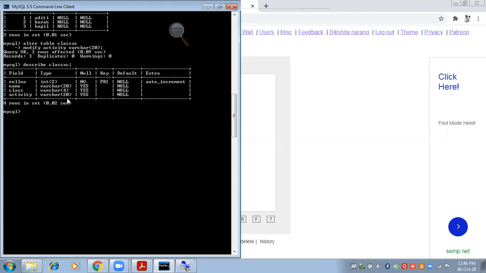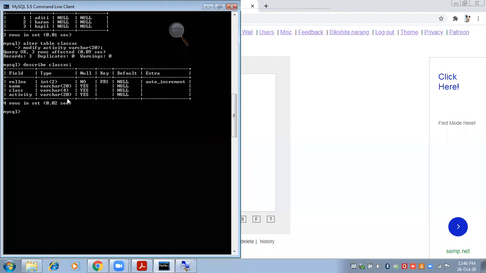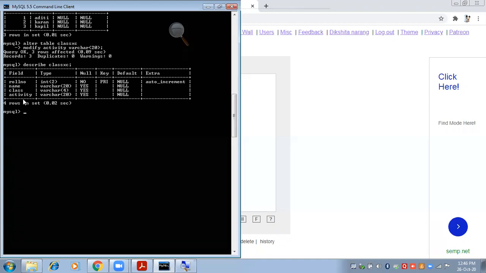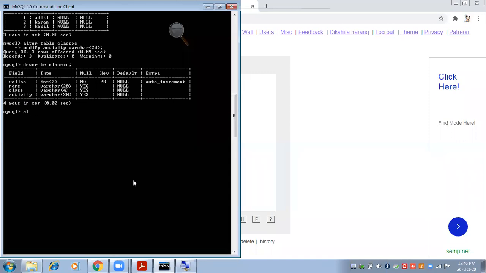Now the last command is the drop command, using which you can delete a column which is already there in the table. So I wanted to delete this activity column now. So I'll use a command alter table class 10c drop activity, semicolon, enter.